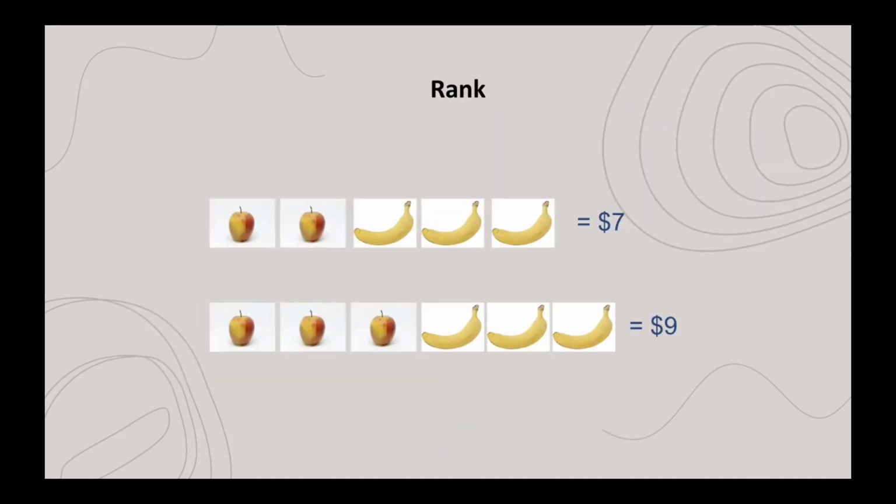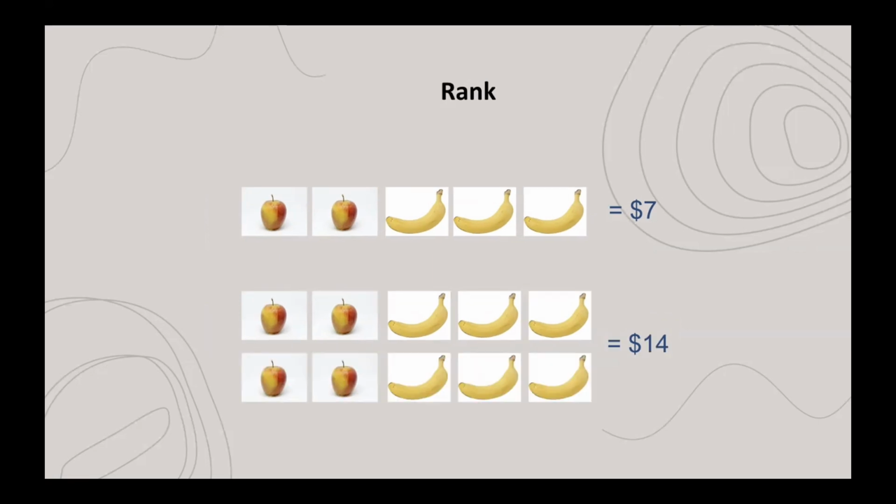Now let us understand the concept of rank, looking at this example. If we know that 2 apples and 3 bananas cost $7 and 3 apples and 3 bananas cost $9, then we can figure out that the extra apple must cost $2, and so the bananas cost $1 each. Remember that there are two variables here, which helps us decode the information. Hence, the rank here is 2.